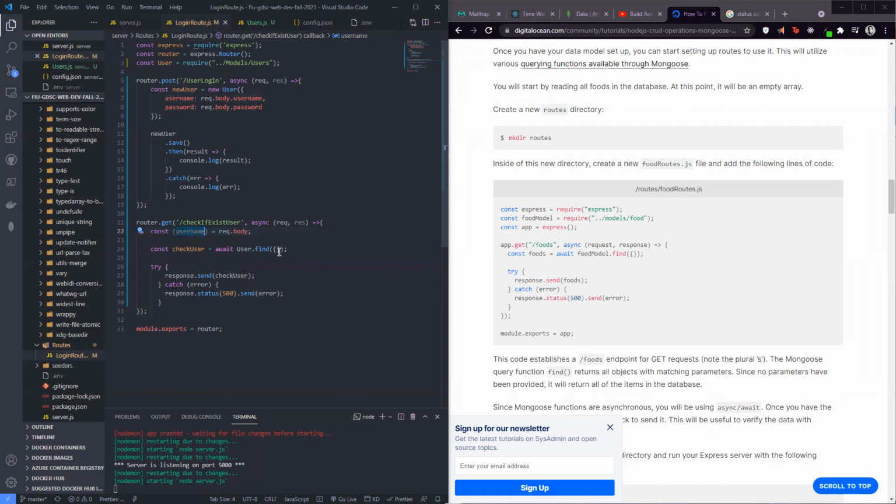And so find username. Okay. And then the response, which is going to be res. And this should work. Okay, so if I go to Postman,